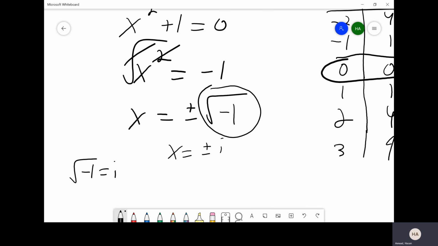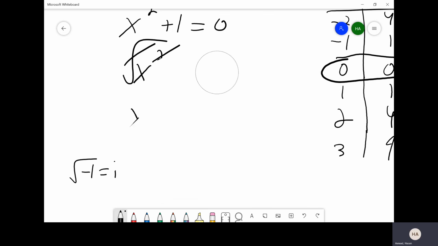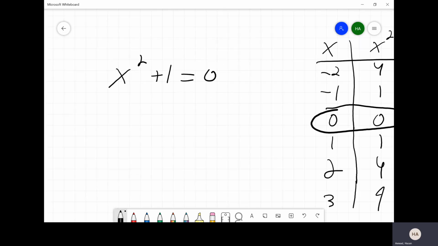And what this means is these are solutions that are found in the complex world. They exist beyond the real numbers, beyond our scope of what we're talking about, okay? So why am I bringing this up? Well, this is obviously not the only time that this is going to occur. X squared plus 1 is equal to 0, sorry. There's actually an infinite amount of quadratic equations where you're just not going to have real number solutions, but you